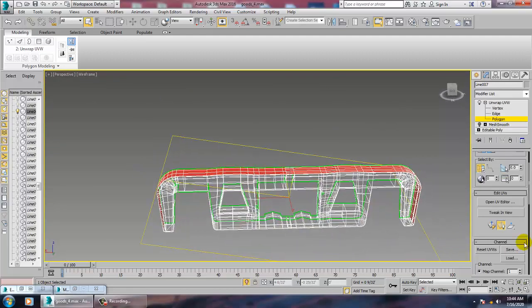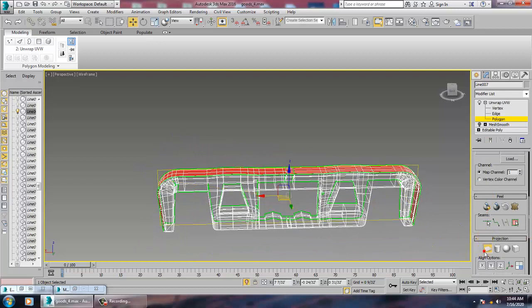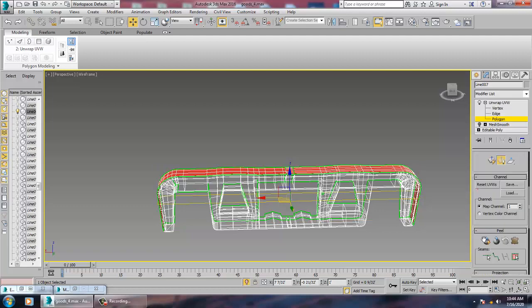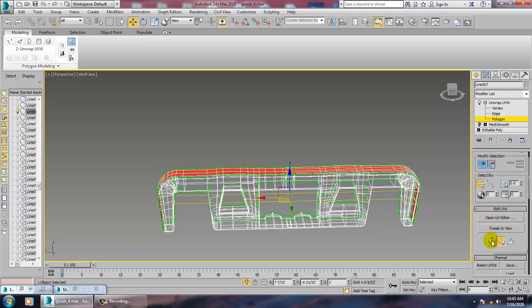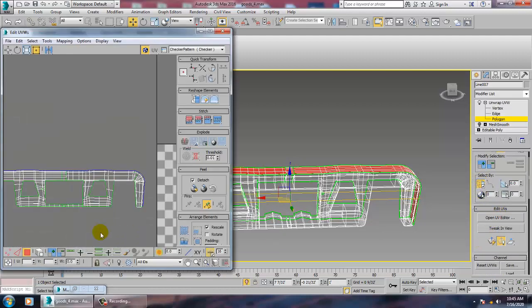Go to this planar Z and you can go with this quick planar map and open UV editor.